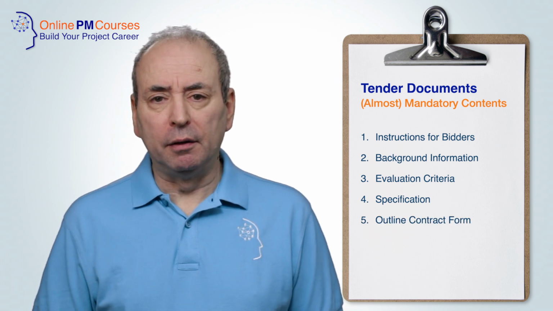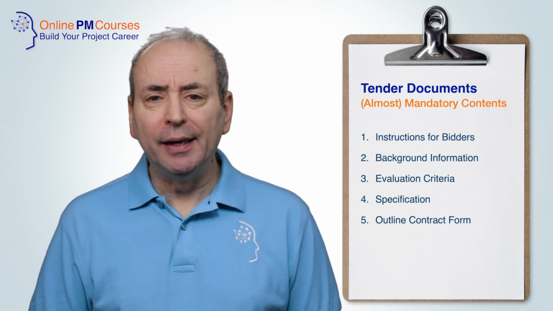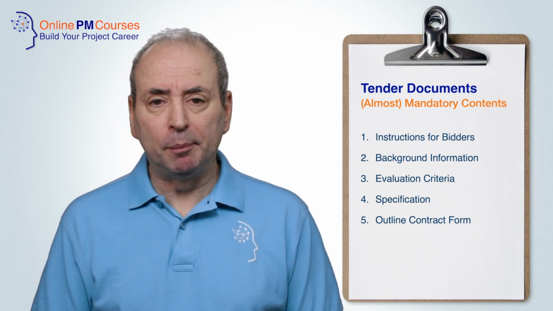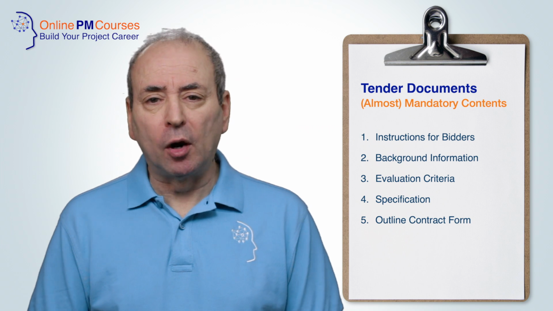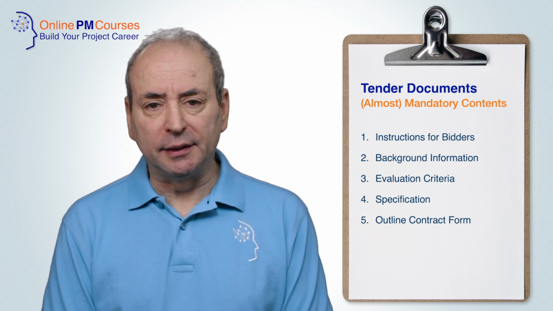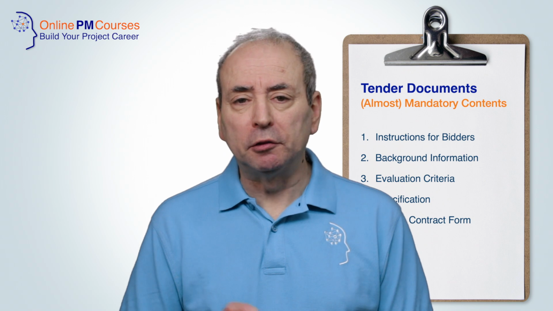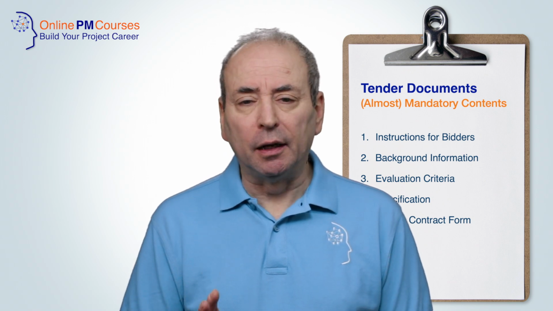At number 5, we have an outline of the contract or an outline contract form. This will usually be a high-level articulation of the terms that you expect to put in the contract, the obligations and requirements, both on the successful bidder but also on yourself as the tendering organisation. There are other things you might expect to see in this section too. Things like KPIs or other performance measures, monitoring procedures, contractual deadlines or milestones, payment terms and processes, provisions for termination, and indeed for addressing and resolving disputes, and a statement of the governing law that you expect the contract to